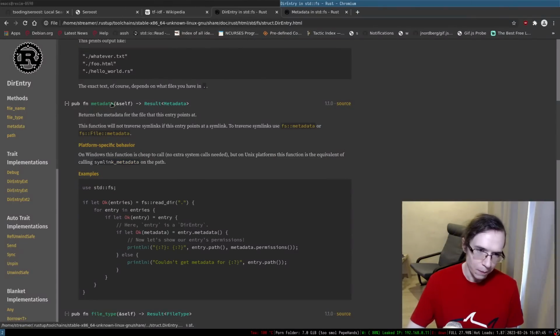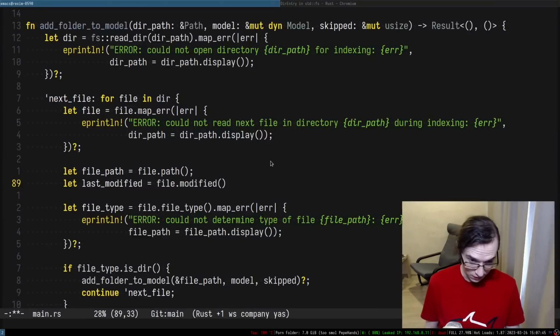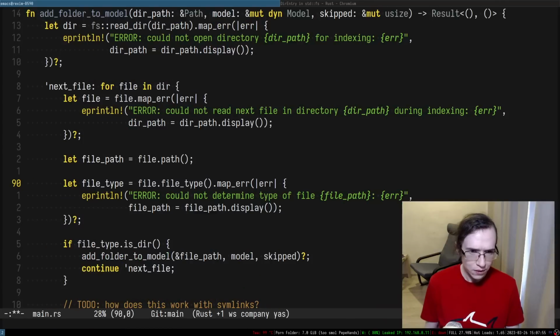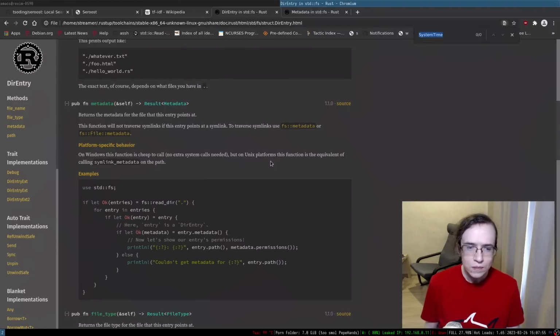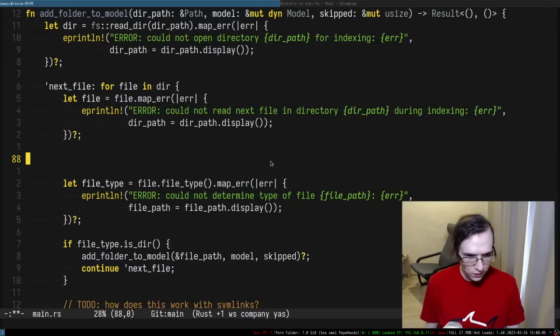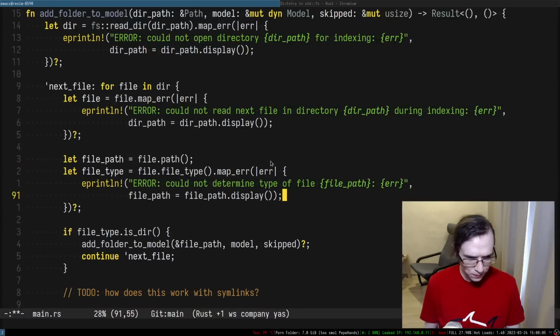So we first have to take the metadata, and I'm pretty sure we already get it from somewhere, do we? So this is a file type. Okay, file type is a separate thing in here. Okay, so I suppose what we have to do,